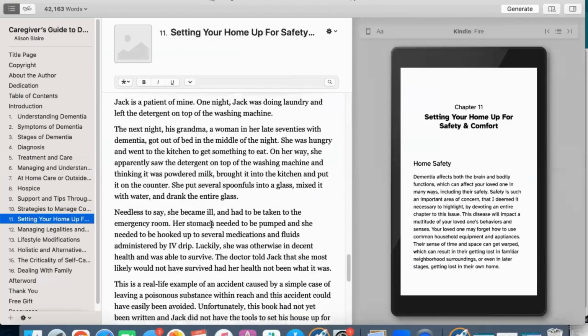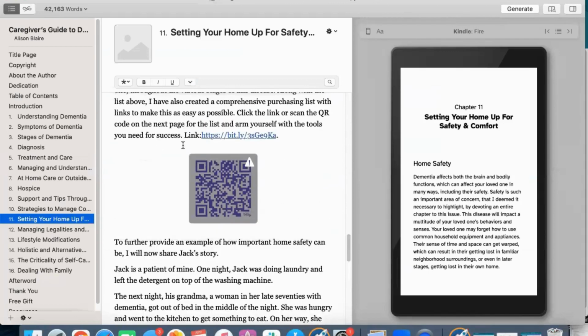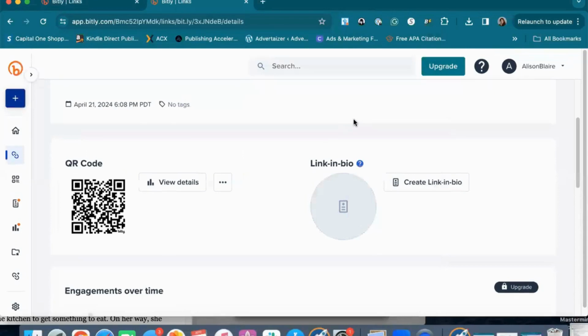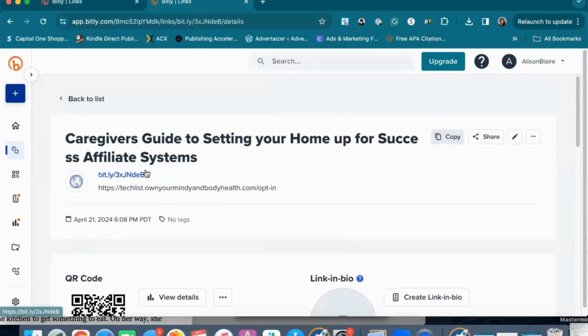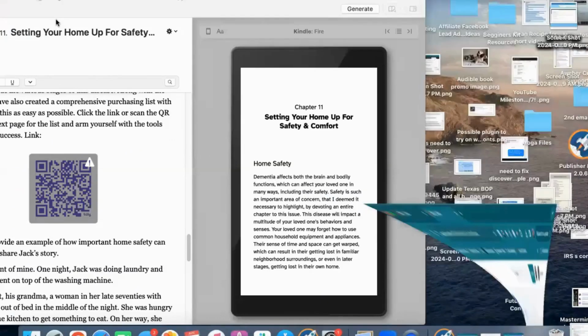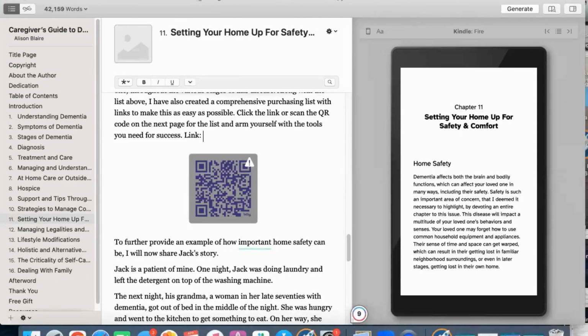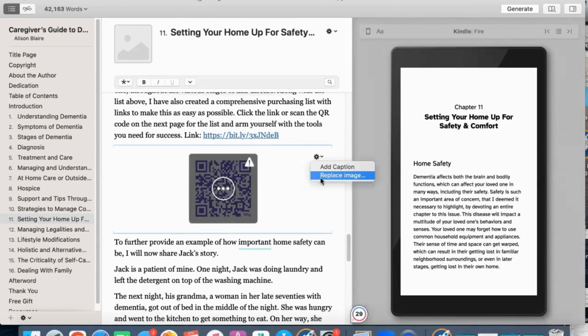So here's home safety, and then here, so right here, list and arm yourself with the tools you need. So I'm going to take this link out and come here to Bitly, and this is the tech list. I'm going to copy that, come back here, put in that link, and then I'm going to replace this